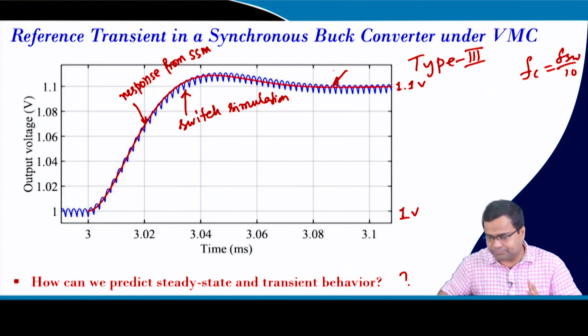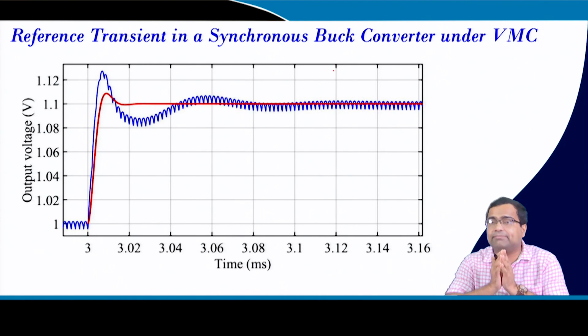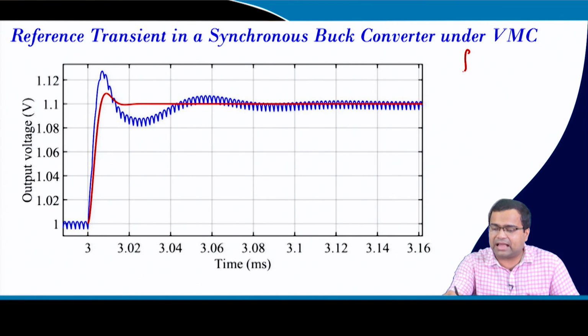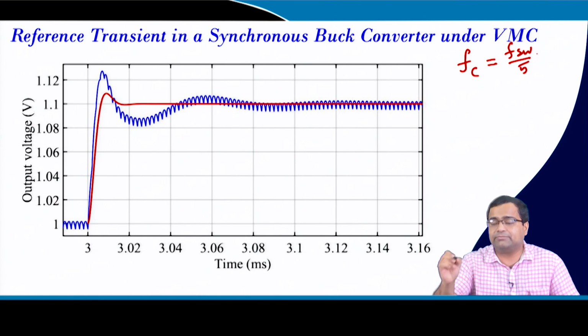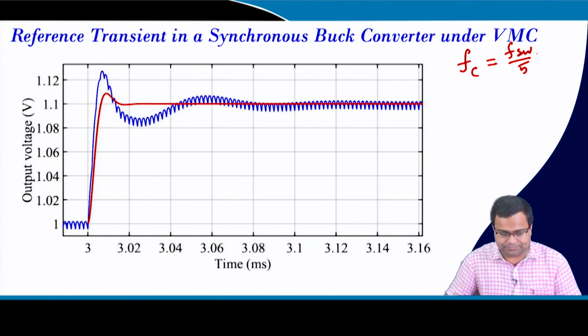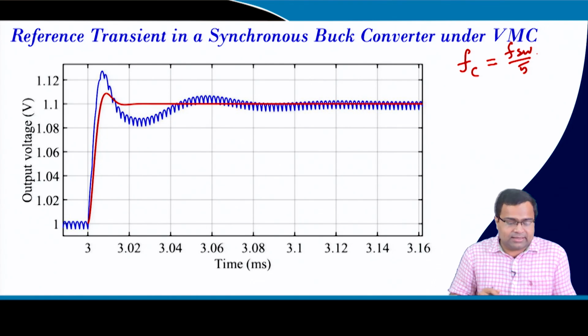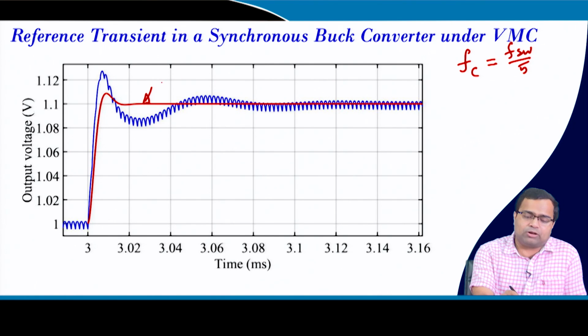How can we develop? The next question: I have now increased the bandwidth. I have used a type 3 compensator and designed it to achieve my crossover frequency of FSW by 5, that means 1/5 of the switching frequency. And you see the response from our small signal model, and this is the actual switch simulation,